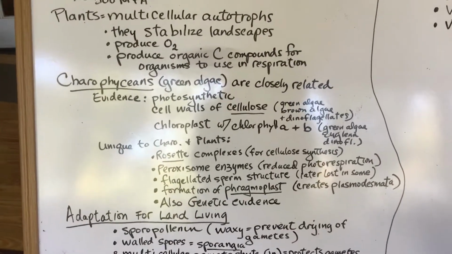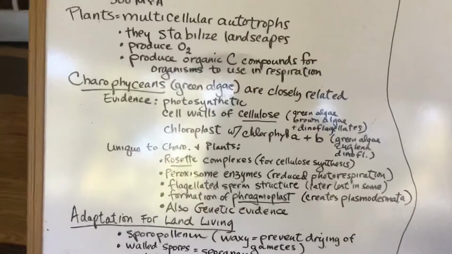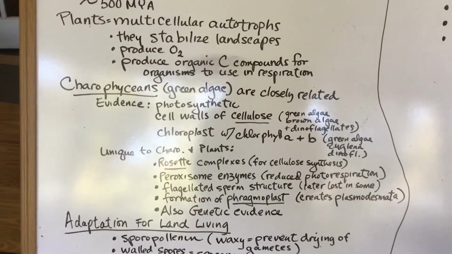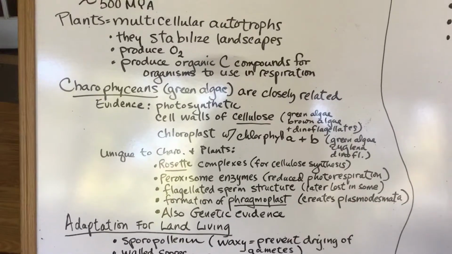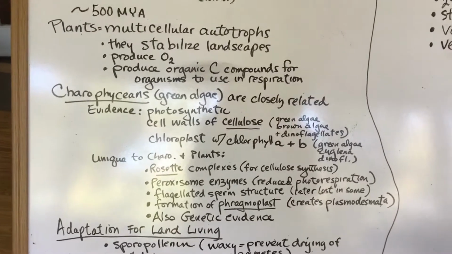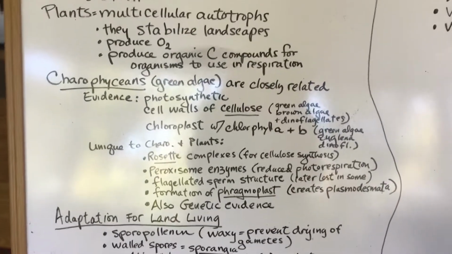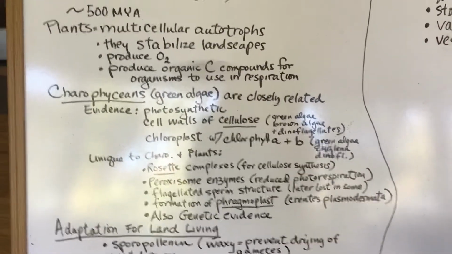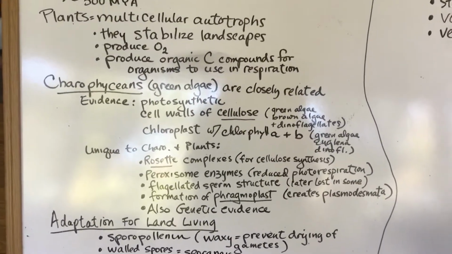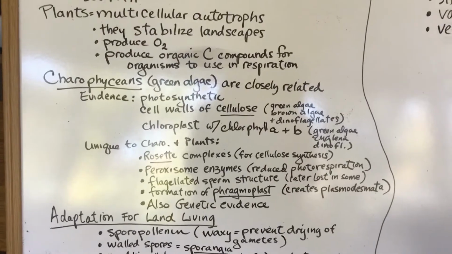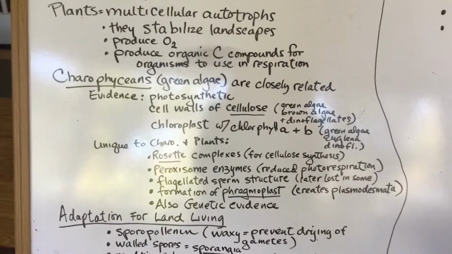And flagellated sperm. Initially the gametes were not different; in other words, they were not necessarily what you would consider male and female gametes. They were just one-ended cells. Later they became flagellated sperm and an unflagellated egg, and later on some of the plants lost that. You're going to see this as we go through the life cycles, but this is considered more advanced than just gametes floating around in the water.